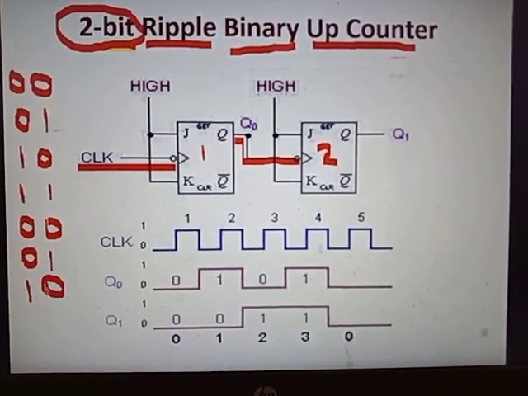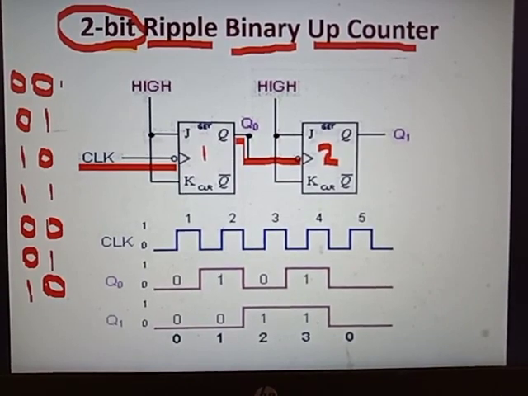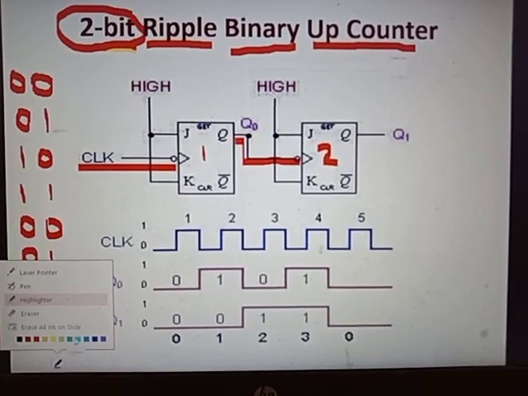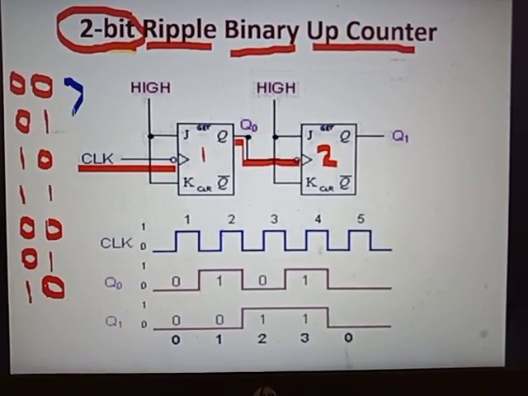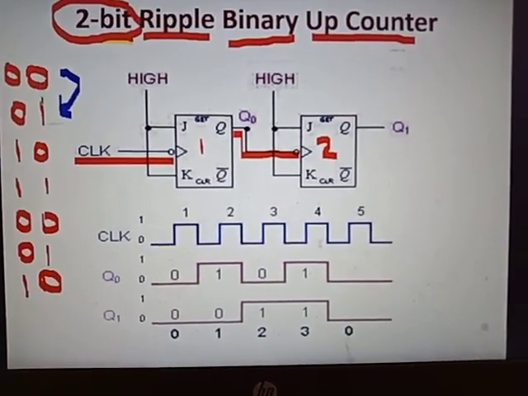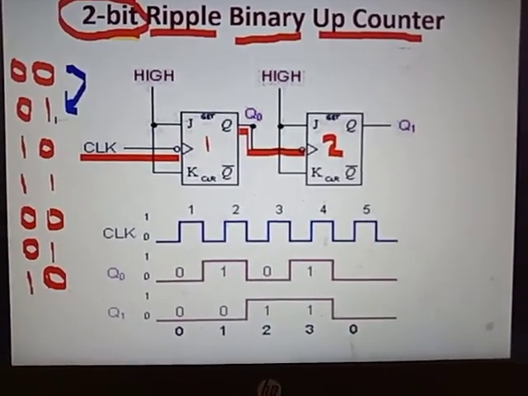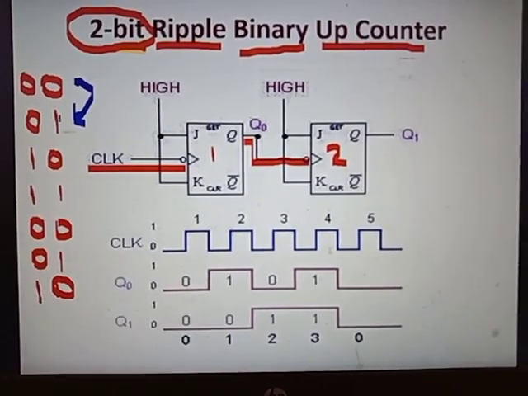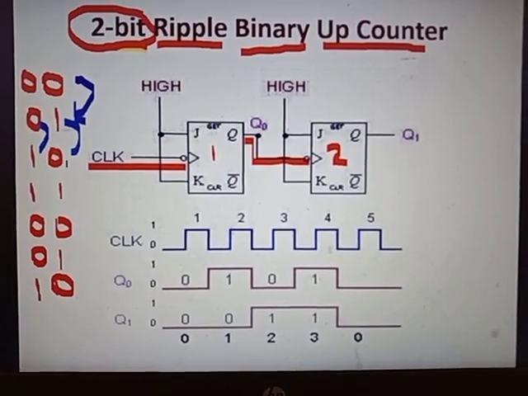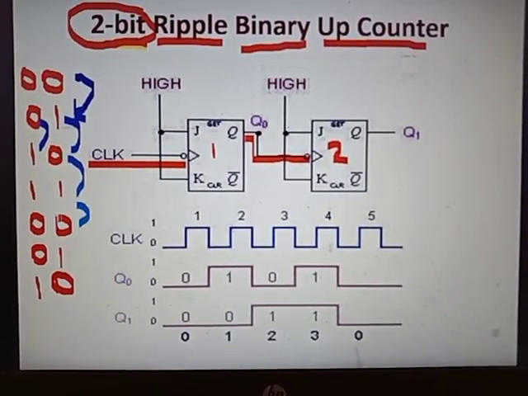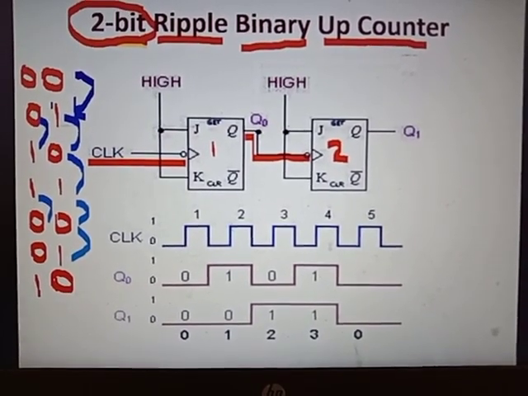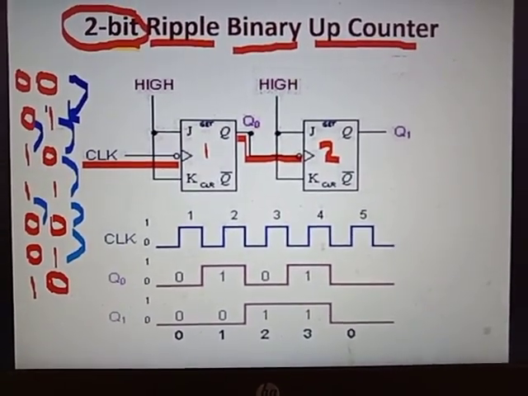Correct? Now when you look at these two points, you can see that the second bit is getting complemented. That is, 0 is getting changed to 1. So can I call it toggling? So here it is toggling. From second to third, now 2 bits are getting toggled. And from third to fourth, 1 bit is getting toggled. Then again 2 bits are getting toggled, 1 bit is getting toggled, and so on. So what is happening is each bit is getting toggled in the next sequence.